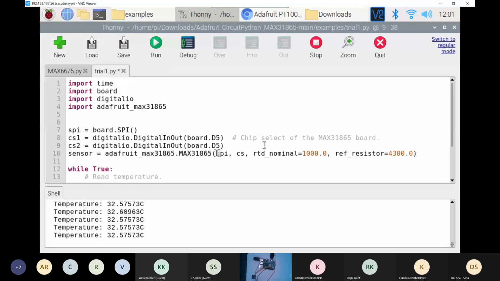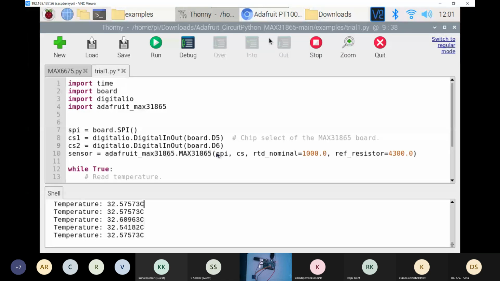We will not have to define every CLK pin. We will not have to define the MOSI and MISO pins or SDO pins of the Max31865 chip. You will have to just define the CS pins only, and you can actually connect it with this Max31865 chip. So it is pretty easy.